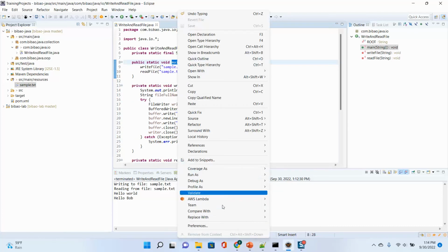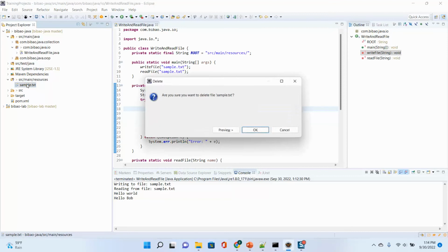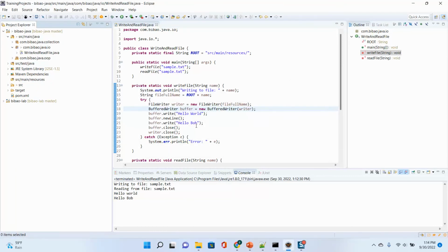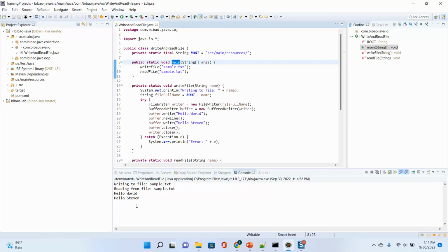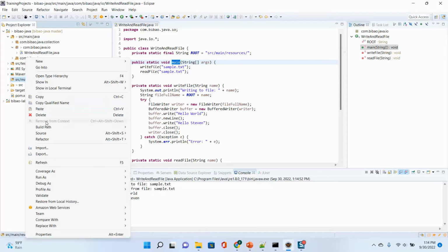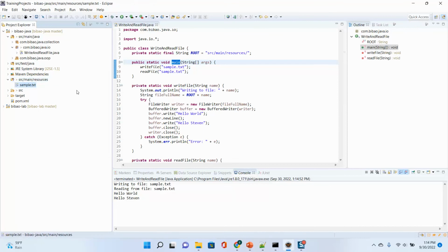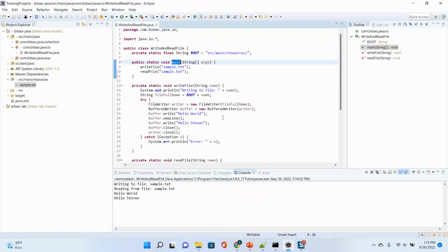Now let's run it. So we can delete this sample file. And I say hello Steven. Write a different one and run it. Okay, this is hello Steven. So now this looks good. So we have refresh, we have sample. Okay. Now,